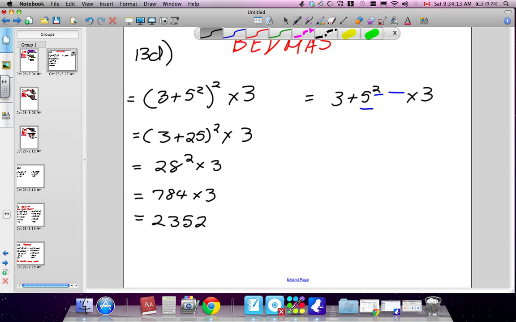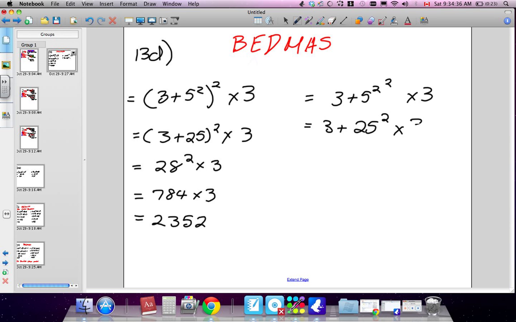Okay. Now, in this question, I've rewritten it with brackets, but technically this should not be it. So it kind of looks like this is 5 to the power of 2 to the power of 2, okay? For now, because we haven't done this in your exponent rules, we're just going to think of it like that. So think of it like I would have to do this power of 2 first, and then whatever that answer is, I'd put it to the power of 2, okay? So, do we have any brackets? No. So what do we do next? Exponents, okay? So we technically do 3 plus, what's 5 to the power of 2? 25,